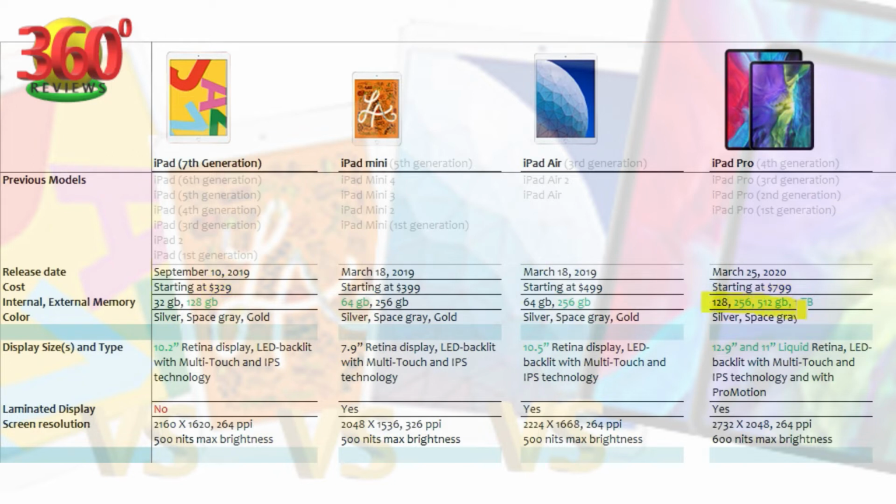Except for iPad Pro, all other models have only 2 internal memory variations. As you all might know, internal memory is one of the most important factors which you should consider in your purchase decision, which I think few of us might ignore. Personally, I would recommend going above 32 GB from long-term perspective because 32 GB tends to fill up fast, especially when you try to utilize your iPad more.